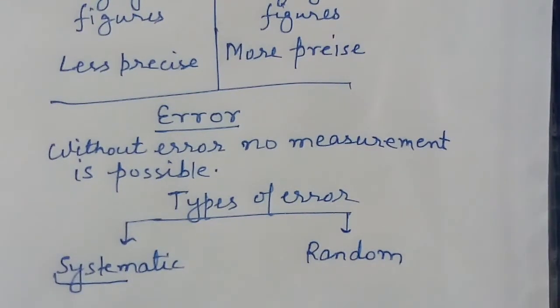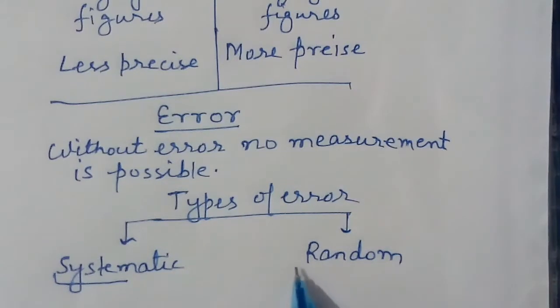System means which is involved in the experiment. So basically, generally three things are involved in an experiment. First, instrument. Second, the principle, theory or the technique we are using. And third, the person who is doing the experiment. So these three form a system. And if there is any error which occurs because of these three factors, we say that that is systematic error.